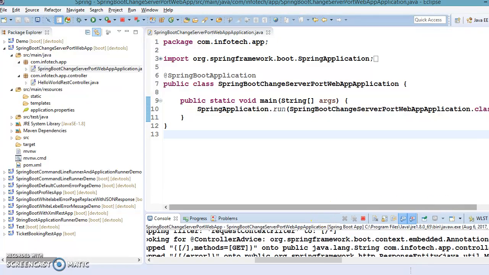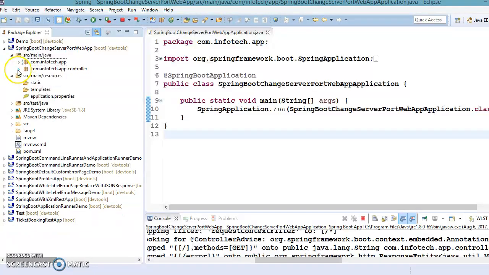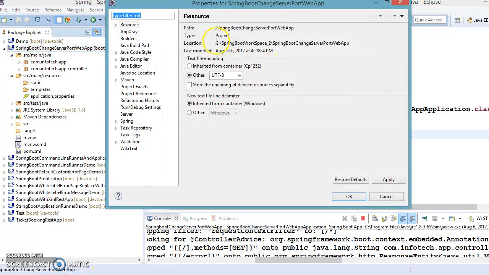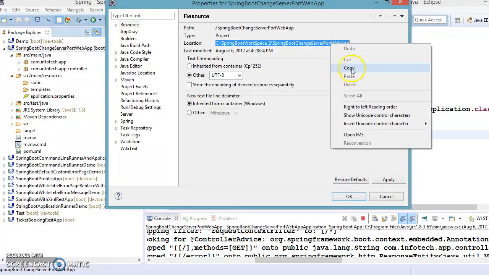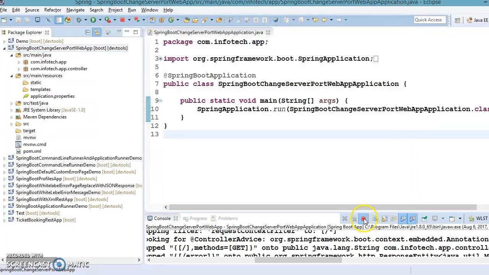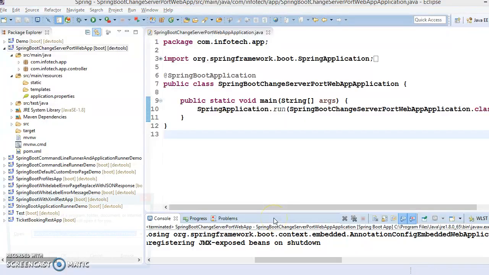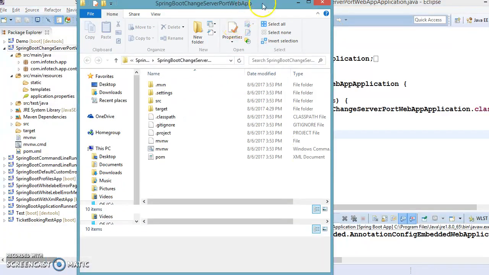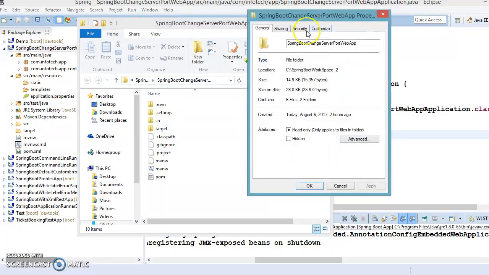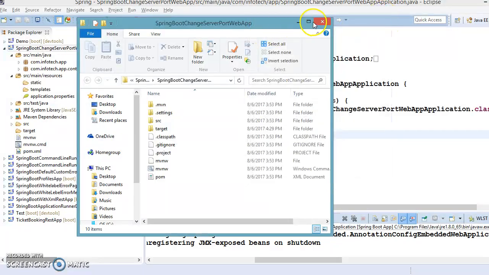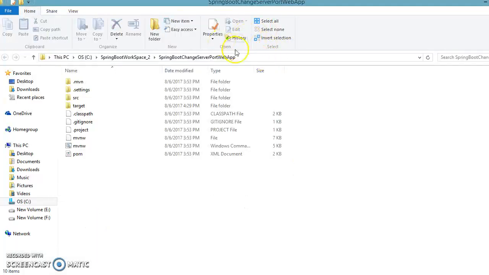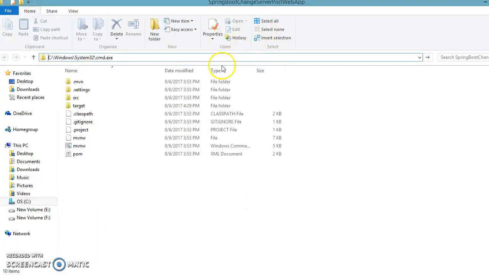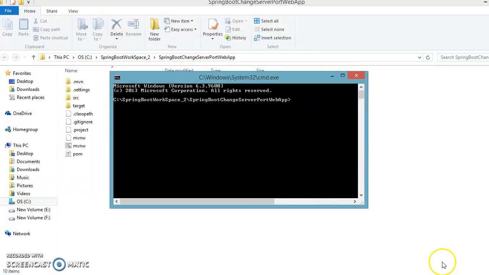Now there is one more approach. You can go to the home directory of this project and do a Maven clean build. If you go to the project home directory, you can open the command prompt. I'm working on Windows 8, so here you can type cmd to open the command prompt, and here you can issue the command